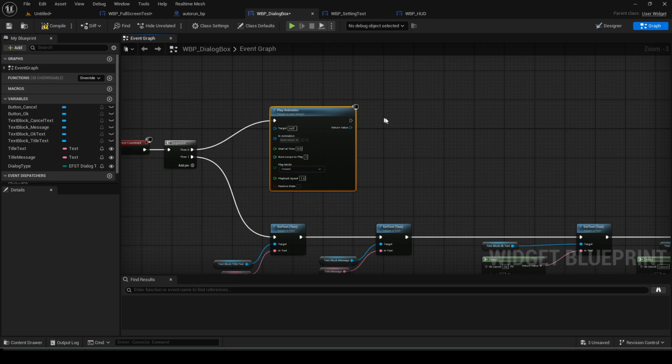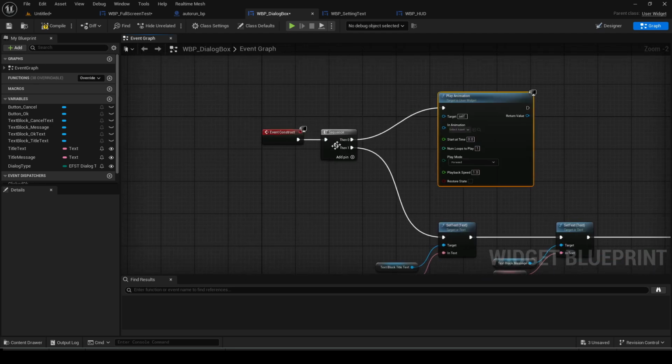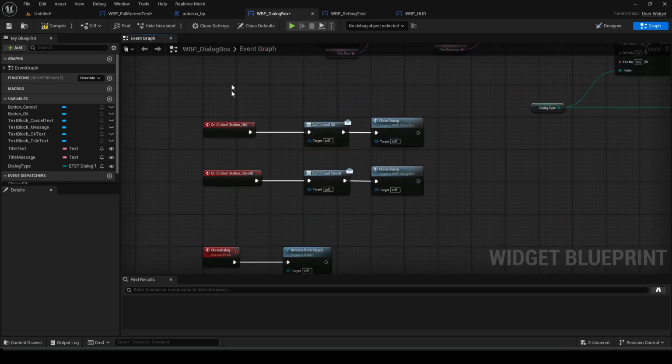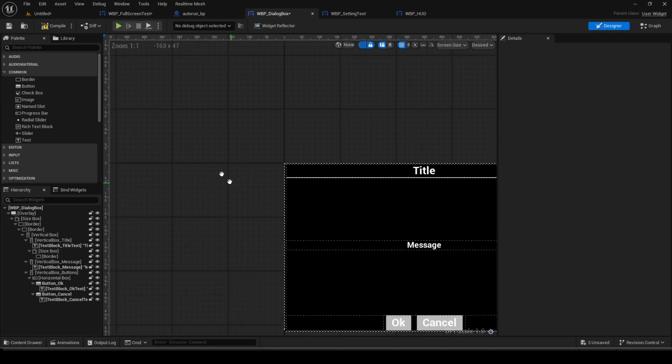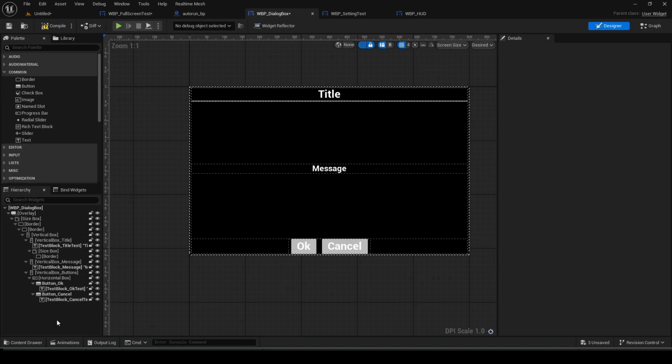So what we'll do is just play an animation on event construct, and then we can play a separate animation not on event destruct, which is when everything is just about to go black, but in our close dialog event. So we'll do that in a second, but first let's make the animation. So a first thing we can do,